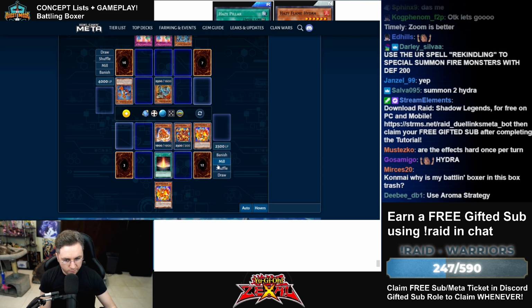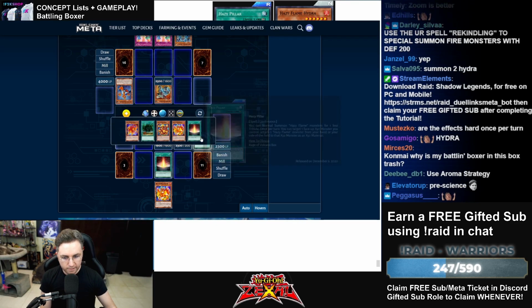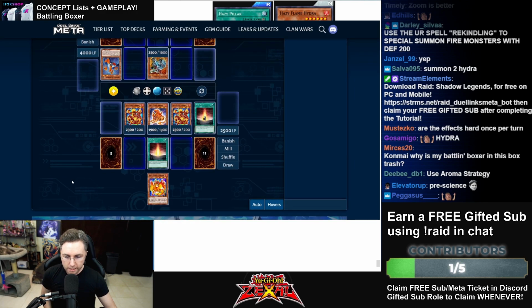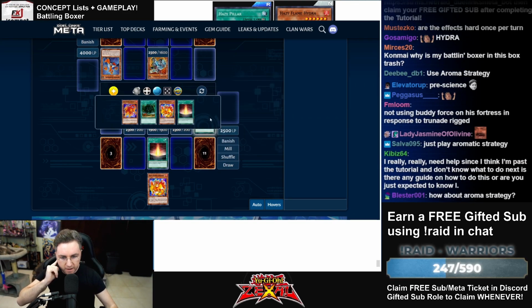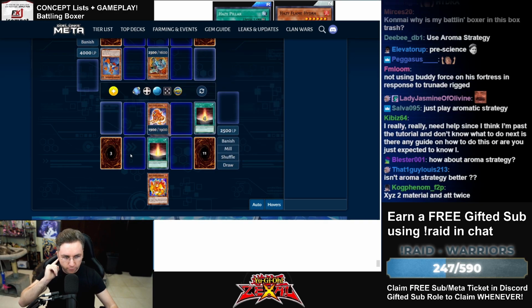So let's do it. Let's mill the top card. We called spell because we have Prescience. Then that's going to summon another Hydra. Holy moly. So this stacks? When it is Xyz summoned, you can target a Hazy Flame in your graveyard. How many do we have in the grave? We have 2. So we overlay 3